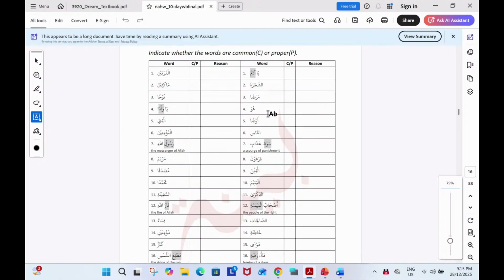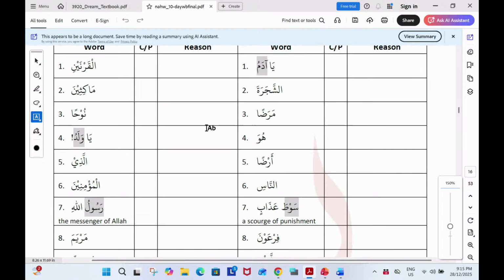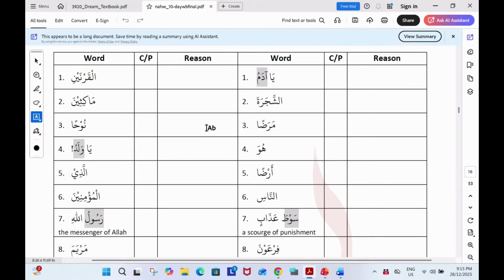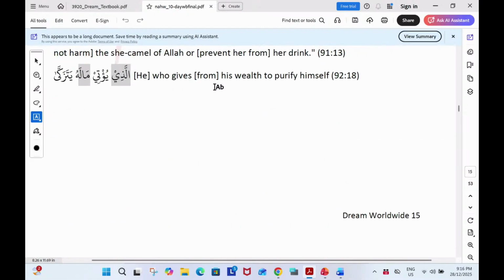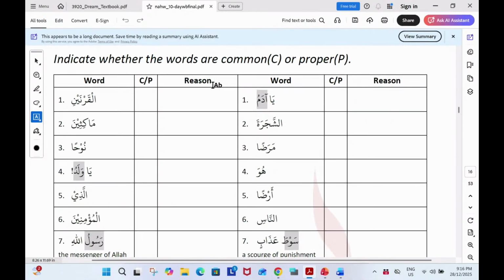Maybe we can quickly go through this as well, because this is related to the topic which we did yesterday, and there are a few things which we have not studied yet. So let me quickly go through this, and then inshallah we can start the next topic. Page number 14, you can do on your own at home, and then send me the photo, and inshallah I'll review and get back to you if there are any mistakes.